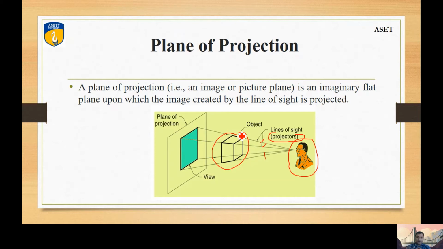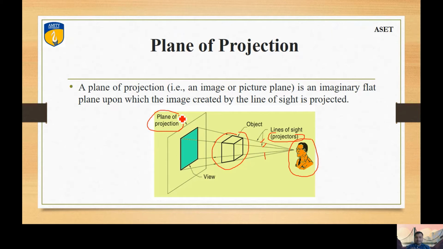You should know the entire description of your object. So you should be familiar with your object. What is your object? You must know your object. And the screen, the word which I have used, is basically called the plane of projection. So the image is going to project on a plane that is called the plane of projection.